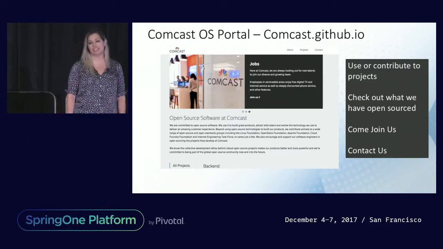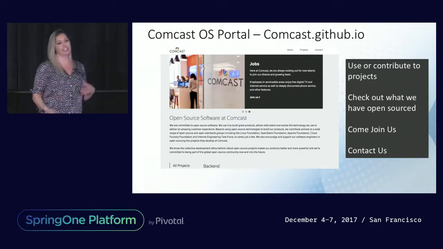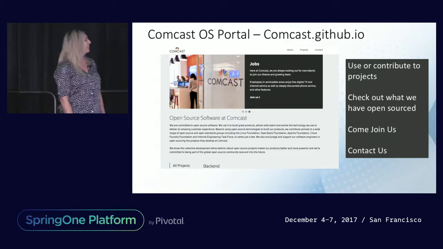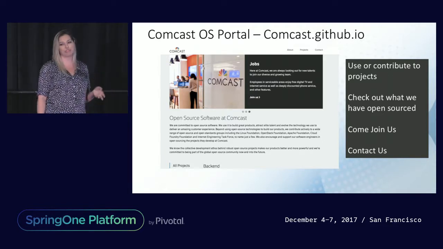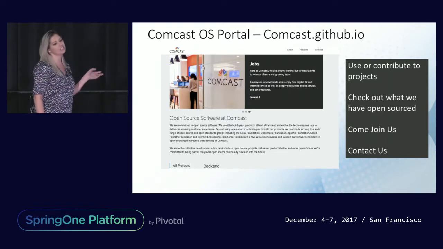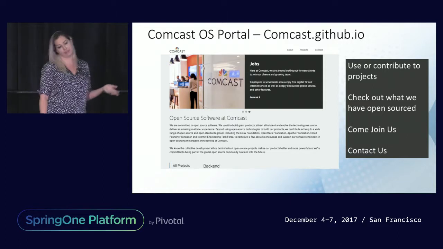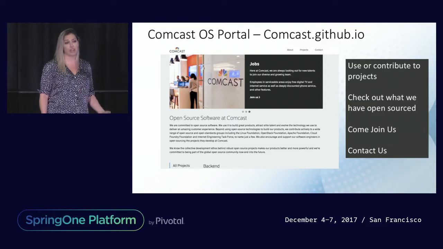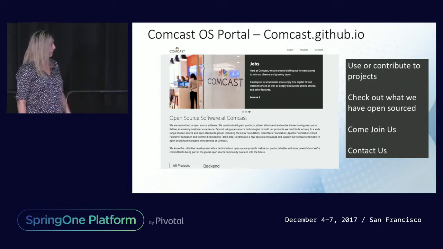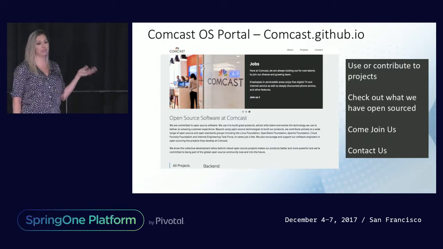And this is our Comcast.github.io GitHub Pages page. It was recently launched about, I would say, 3 or 4 months ago, and we're really proud of it because we can showcase the open source projects that we're working on. So if you are an engineer or developer or an open source contributor and you have worked on a project at Comcast and it's approved, we automatically put your stuff up on Comcast.github.io. We showcase the work there.